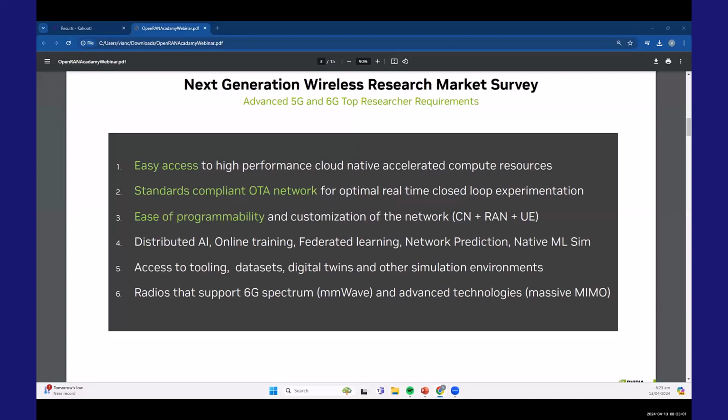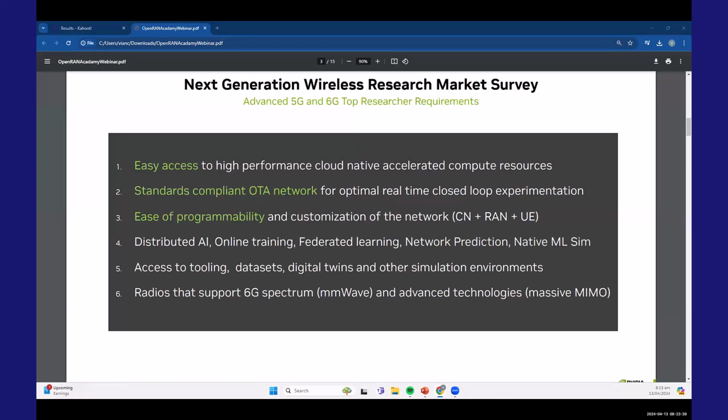access to cellular over the air network datasets, which is a prerequisite to onboarding machine learning and artificial intelligence algorithms; tool chains that are built for artificial intelligence, both offline and online training, as well as distributed and federated learning; standards compliant, real time, closed loop network as a service to be able to bring the focus to advanced research;